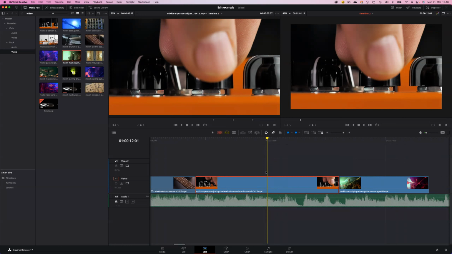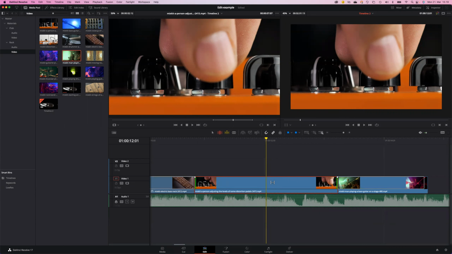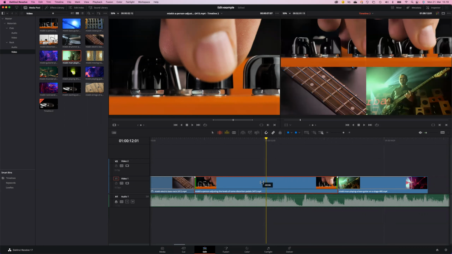But actually, when using the slip or slide, how it affects the clip is shown in here in the preview monitor on the right. So now when I go over the upper part of the clip especially, and if I press the mouse button down and start to drag